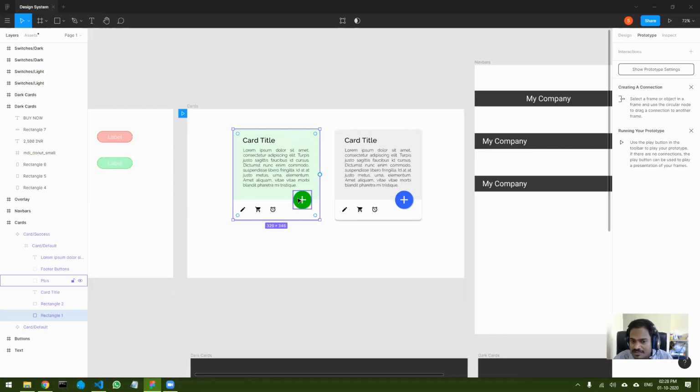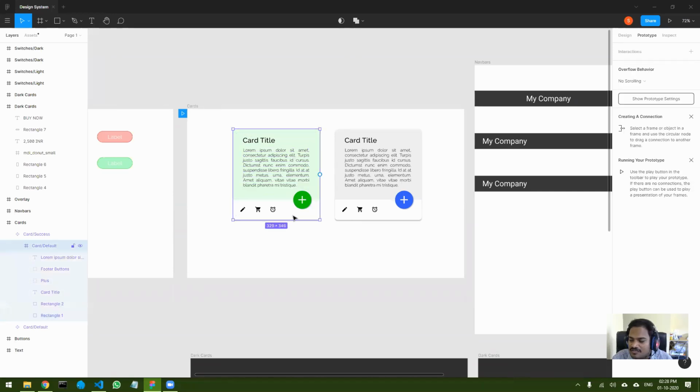Whenever such a thing is there, you should understand that position absolute is being used. In this particular button you are using position absolute, and the parent where you are putting it should be position relative. Where to put this is completely your choice. You can put it inside the green div, or inside the white div. It doesn't matter. Wherever you put it, accordingly you will have to position it. If you are putting it in the white, then you have to take it up. If you are positioning it in the green div, then you have to bring it down. So accordingly you will have to manage.